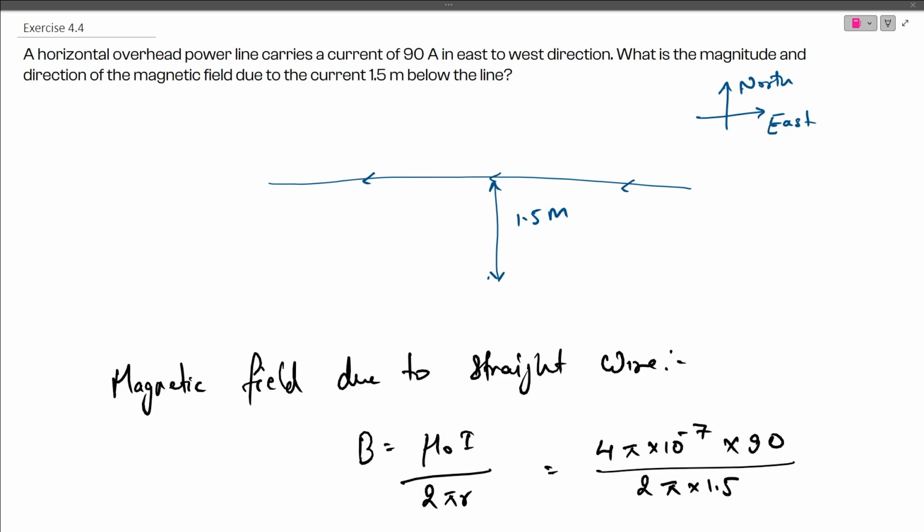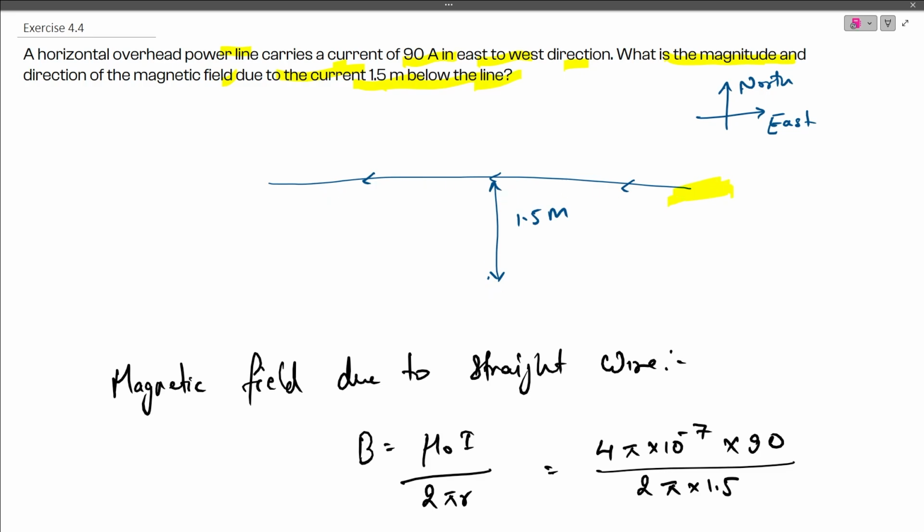The question says that a horizontal overhead power line carries a current of 90 ampere in east to west direction. What is the magnitude and direction of the magnetic field due to the current 1.5 meter below the line? So we have imagined that this is the line in which current is flowing from east to west direction, and